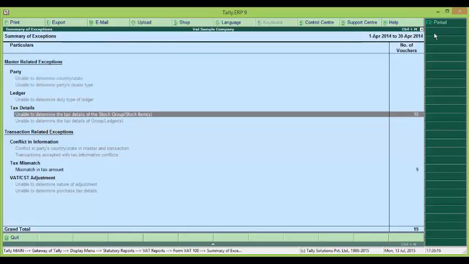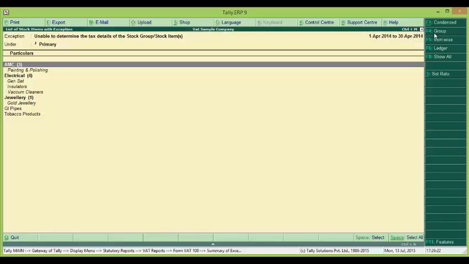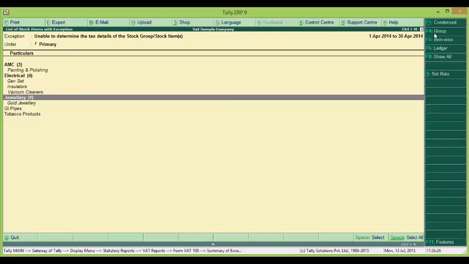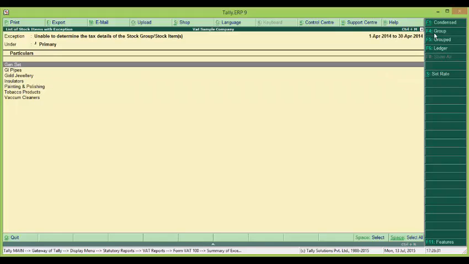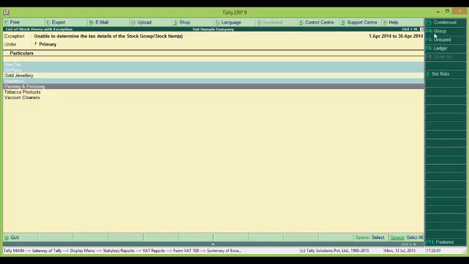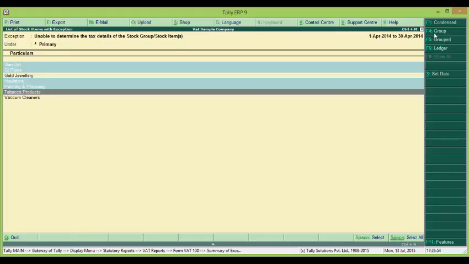Now it is saying tax details, unable to determine the tax details of the stock group or stock items. So if I drill down, it gives me the list of items. I press F5 for item wise and I can tag the percentages for these items. So we will assign the rate: genset, GI pipes, insulators, painting and polishing.